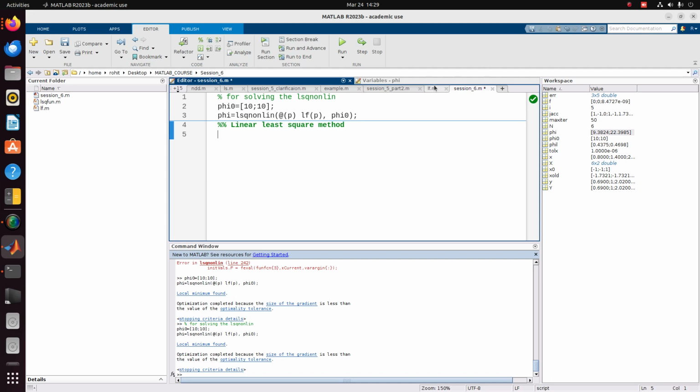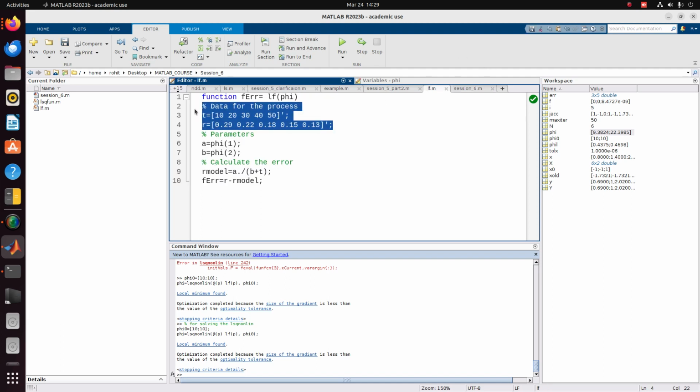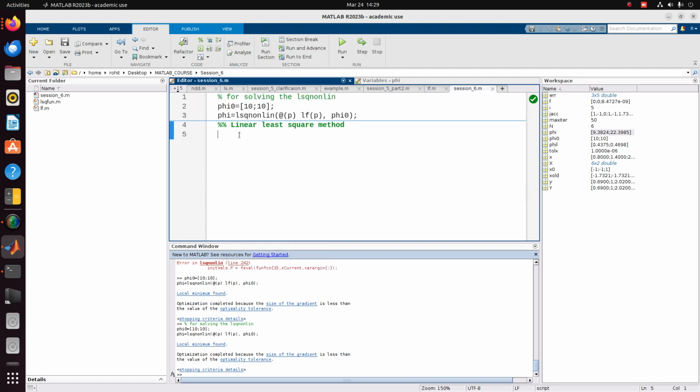So here also, as previously, we'll just take the data from the previous part, and then now we need to define y. Y is nothing but each element divided by the R value. Sorry, yeah. So y is nothing but